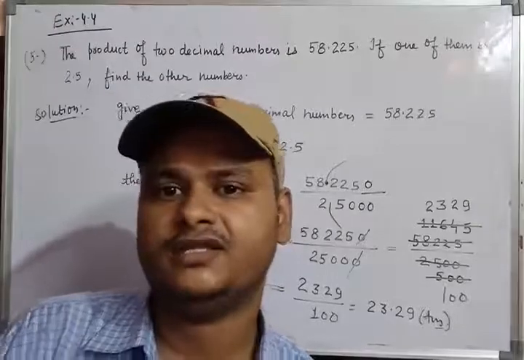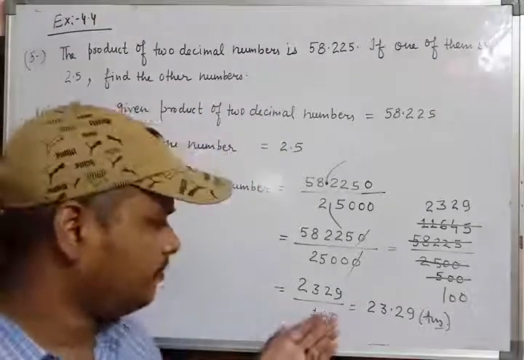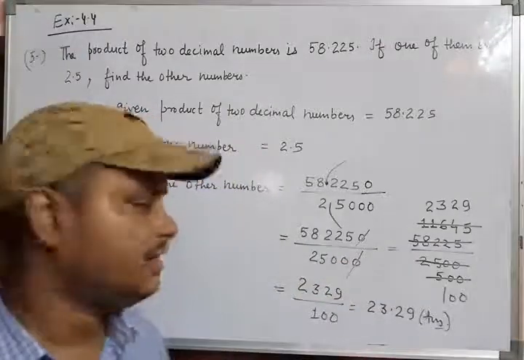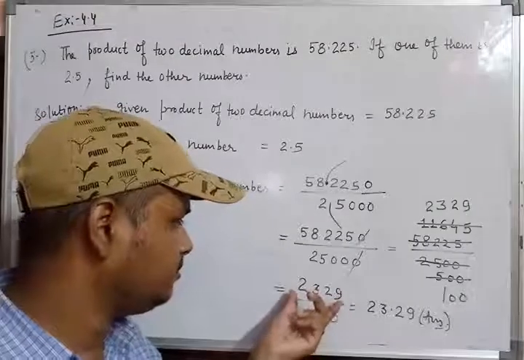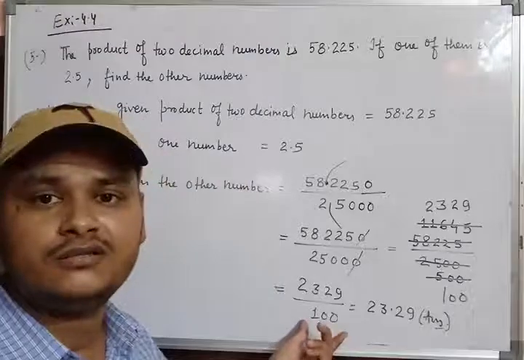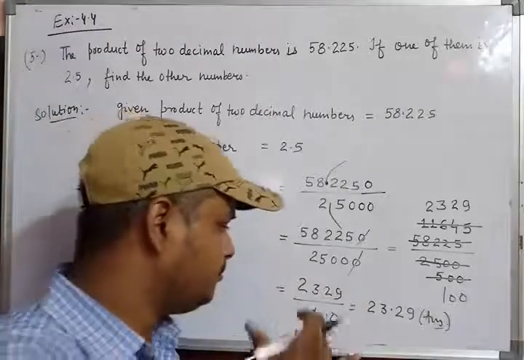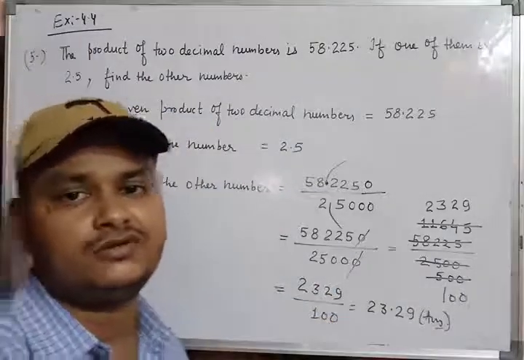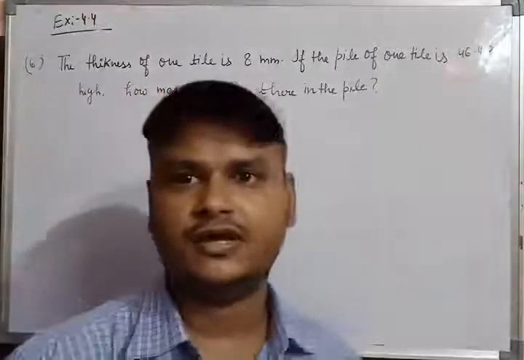This is another example of the previous concept, because you all know how we can divide a decimal number by another decimal number, and how we can divide a decimal number by multiples of 10. So this is your practice of the previous concept. Okay, so students, before moving on to the next question, pause the video to note it down in your copy or take a screenshot. So students, we are moving to another question.